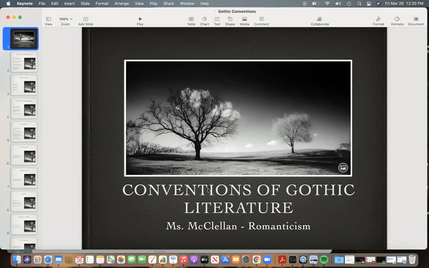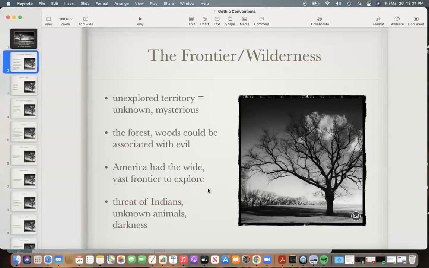So this particular presentation is a little bit more about American literature, but it applies to both. So I'll just kind of point out where the differences would be between British and American literature. And hopefully this will just be sort of a review because we did talk about this earlier on before we started the book. I'm not going to go full screen with this. I'm just going to keep it this way.